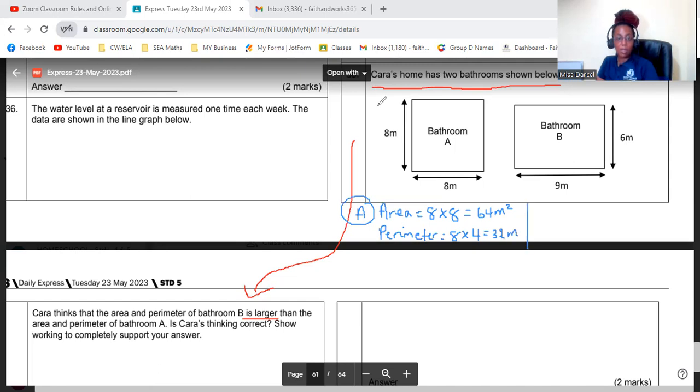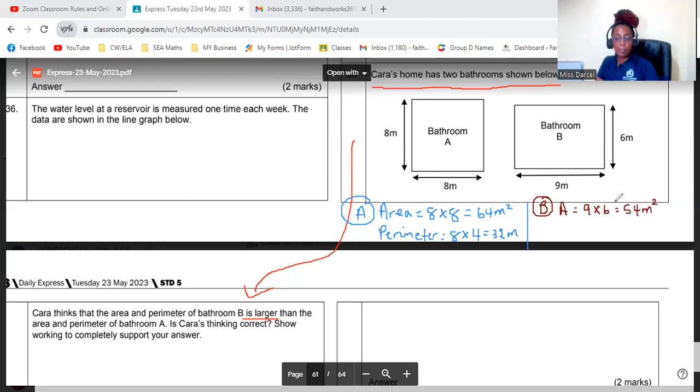All right, so let's test and see what bathroom B is going to be. So for B, area. This is a rectangle. The area of a rectangle is length by breadth. So 9 meters multiplied by 6 meters. 9 sixes are 54